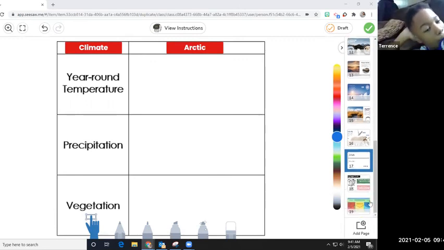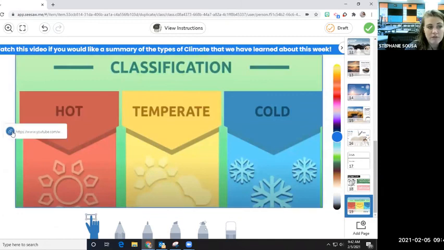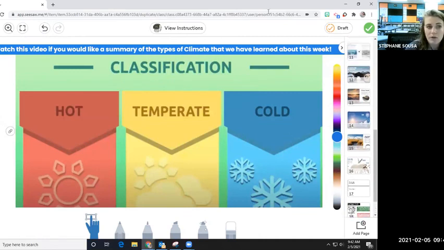Okay. All right, slide 18 is your success criteria. Please finish the sentence. I felt successful today because I was able to, or I struggled today because I really didn't understand blank. Tell me what you were successful with, or tell me what you didn't understand. Slide 9 is optional for you. There is a video for you to see about the climates, and you can feel free to watch that video after you complete your work. Okay? Alrighty, that is your task for today. Oh, I hit cancel. Let me stop